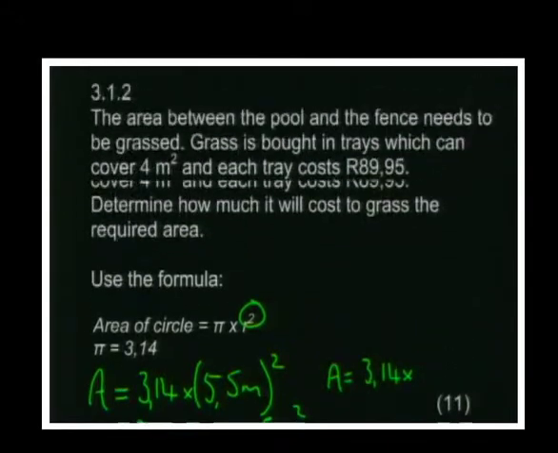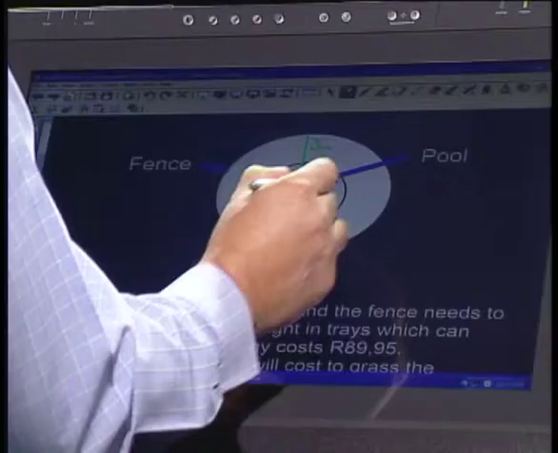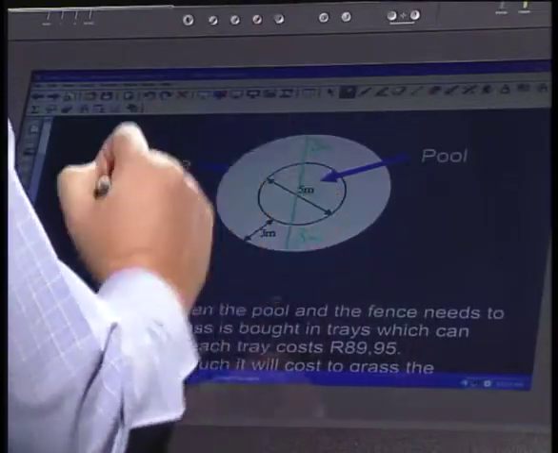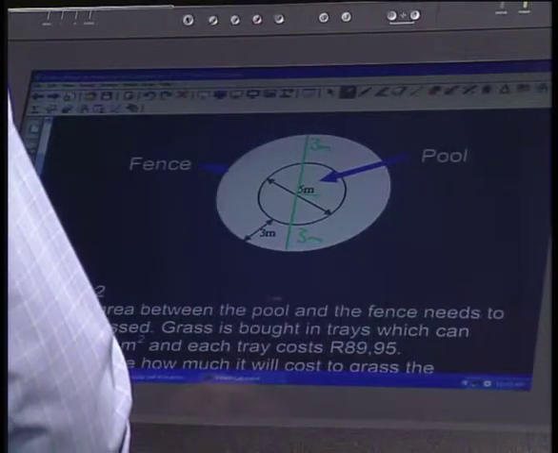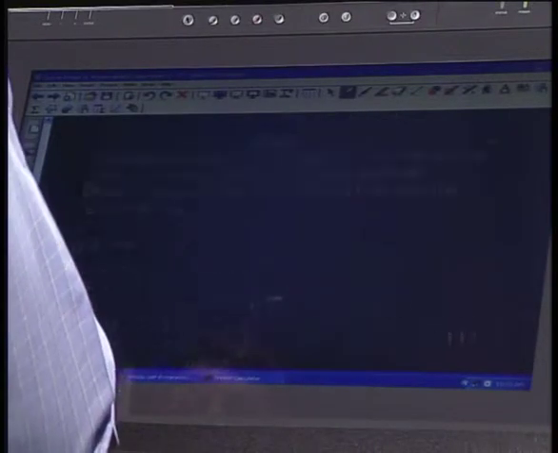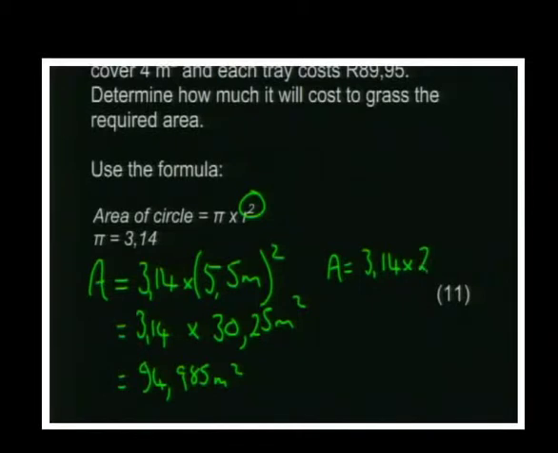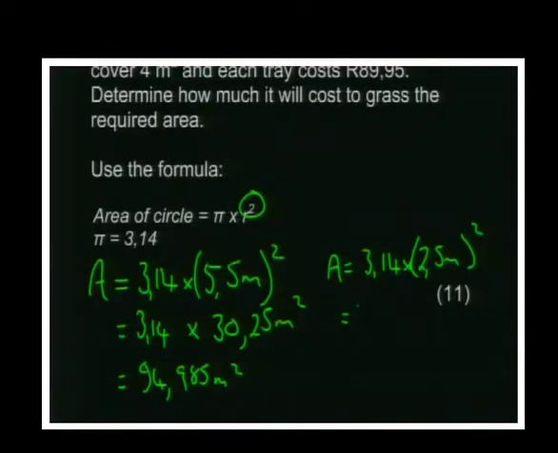So let's just see, what is the radius of the pool? Well, the diameter of the pool is 5 meters, so the radius must be half that, which is 2.5 meters. So we're going to times 2.5 meters, but again, folks, squared, because radius squared,